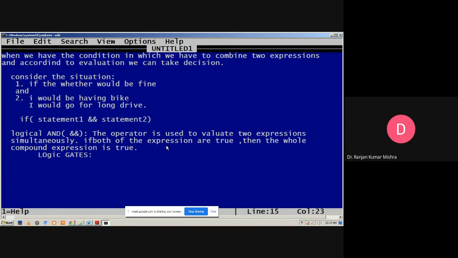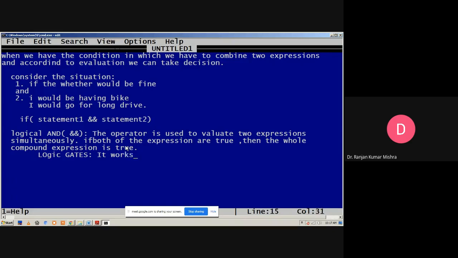But if either one condition is false, the whole statement will be false. When we use a logical operator, it always returns a boolean value, true or false.